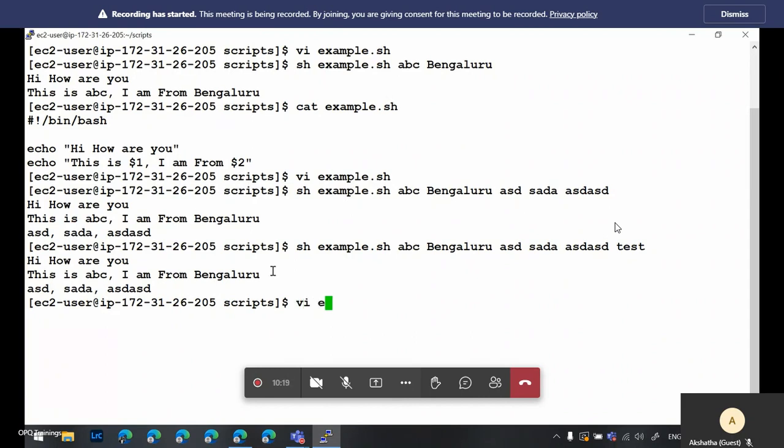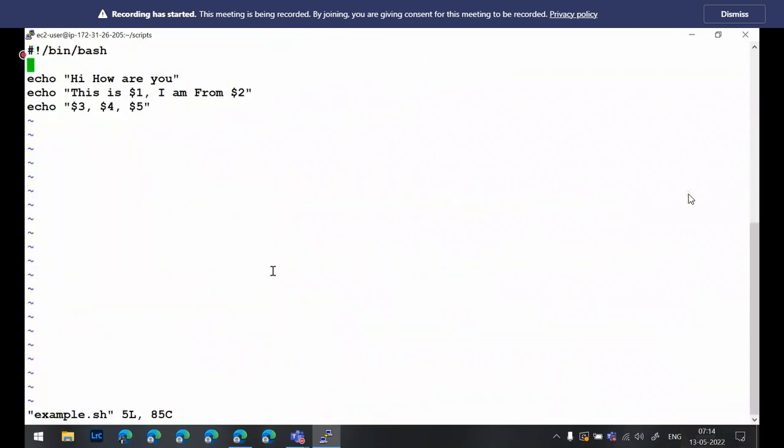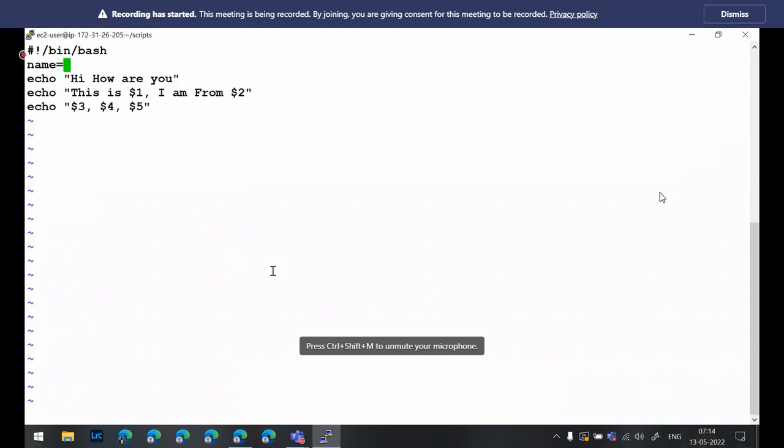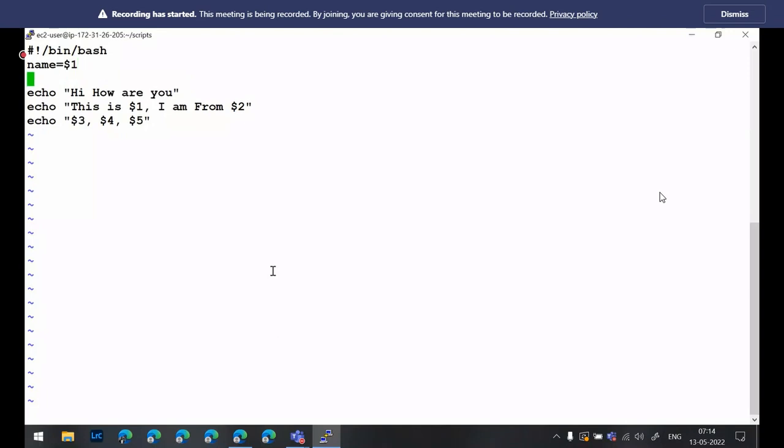So let's say I'll go to this example.sh. Say I want to assign the value $1 to a variable. I can always do that. Name equals $1, and let's say place equals $2. So this way, whatever the first value that we are passing while executing a script will be assigned to the variable name. Then I can go here and use $name